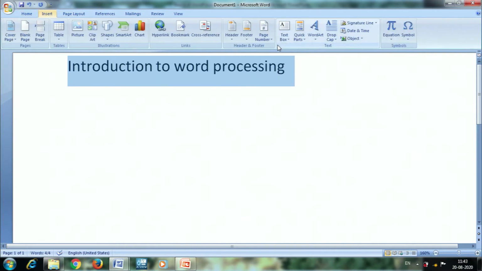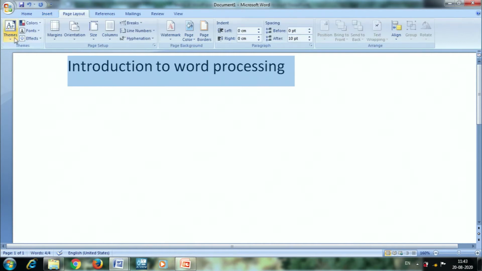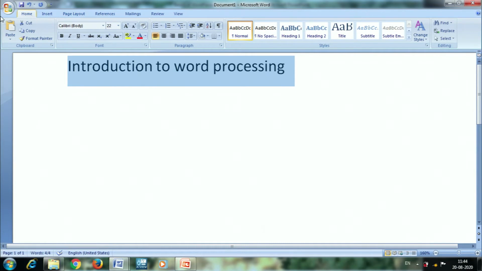If I click on insert, you will be able to see it shows cover page, insert blank page, insert page break, and here it shows table, picture, clipboard, shape, smart art, chart. So, here the options will be different. If I click on page layout, the options will be totally different. Depending upon my work, I have to choose the corresponding menu.